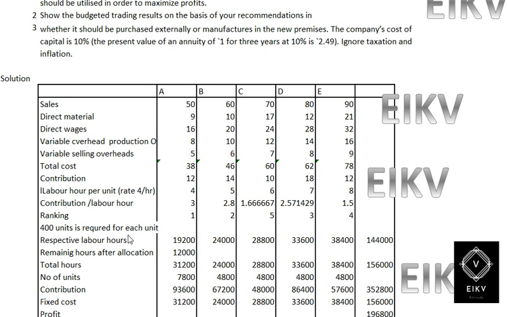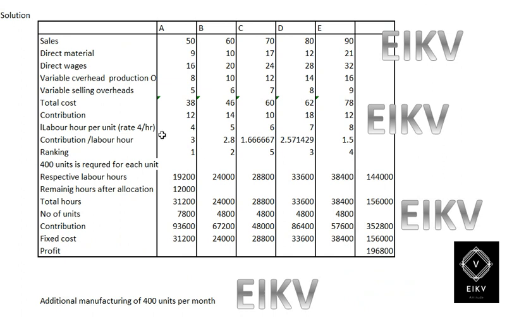400 units required for each product. So we have a limiting factor, that is, 400 units of each product has to be maintained. Therefore, the respective labor hours are 400 multiplied by the respective labor hour per unit. That is 400 into 4, 400 into 5, 400 into 6, 400 into 7, and 400 into 8 will give you 90,200 for one,